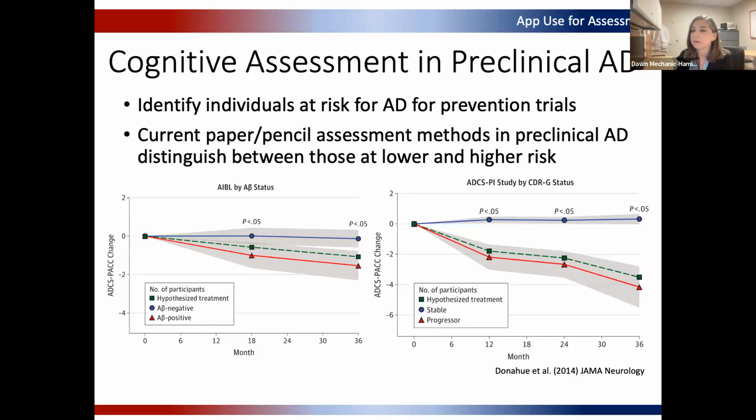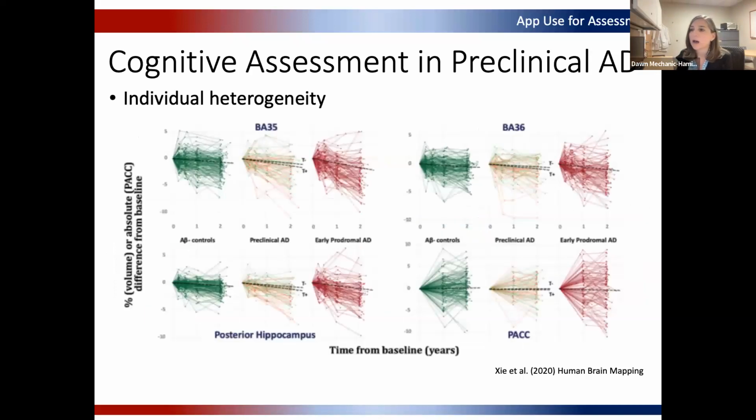So that was our thought, that we wanted to really target the earliest areas of change in Alzheimer's disease, and one of our tests is really focused on that. I show this to you just to drive home the idea of individual heterogeneity.